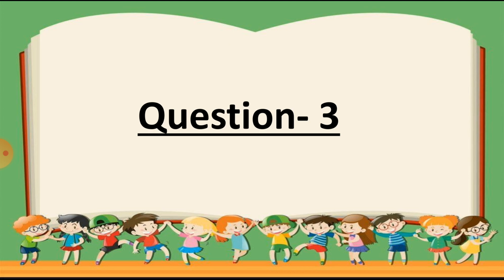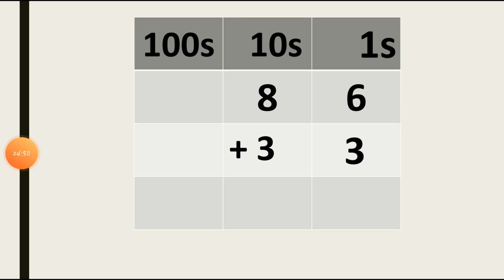Let's start solving this. The question number 1 and question number 2 are complete. Let's start the question number 3 of exercise 5A. So hope you understood these sums, and this is very easy, students. Let's start here. Students, let's start with the ones column. Here is 6 plus 3 at the ones column. So 6 plus 3 is equal to 9. So we can write number 9 under the ones column.